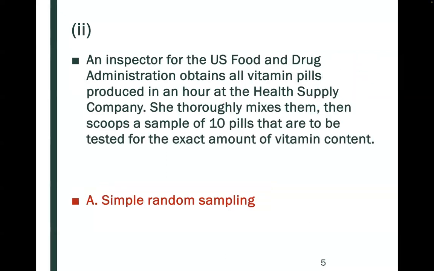An inspector for the U.S. Food and Drug Administration obtains all vitamin pills produced in an hour at the health supply company. She thoroughly mixes them, then scoops a sample of 10 pills that are to be tested for the exact amount of vitamin content. So this would be an example of simple random sampling